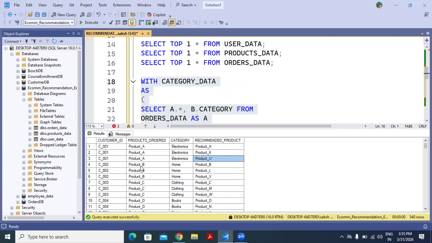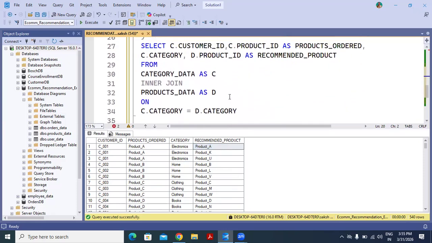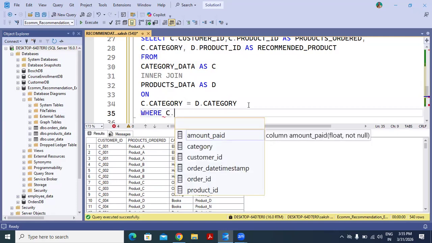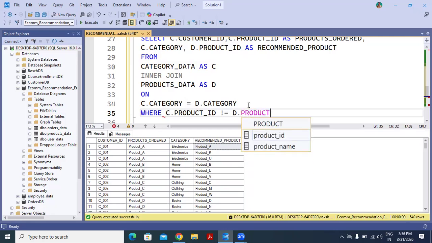Now we are getting the same product also in the recommendation, but we need to recommend the products which are not already ordered. So we can apply the filter here also, where C dot product ID is not equal to D dot product ID.